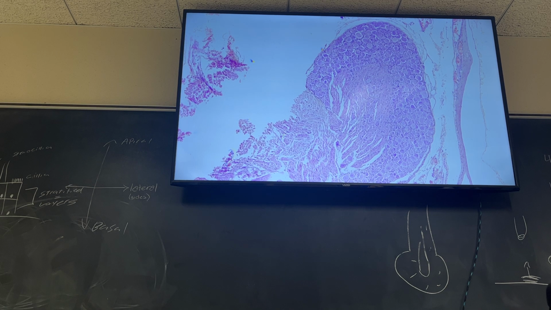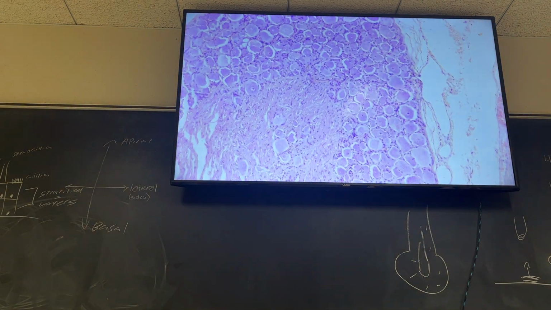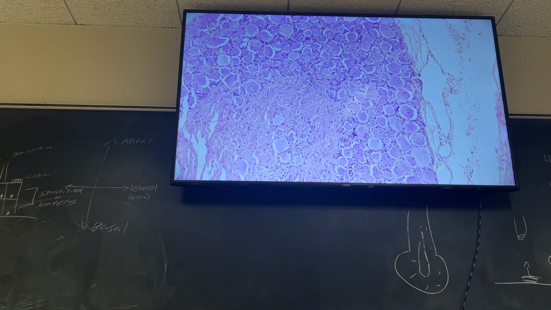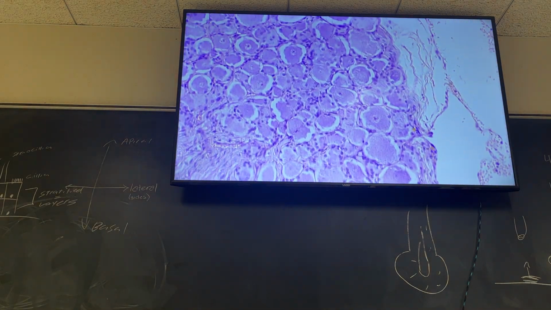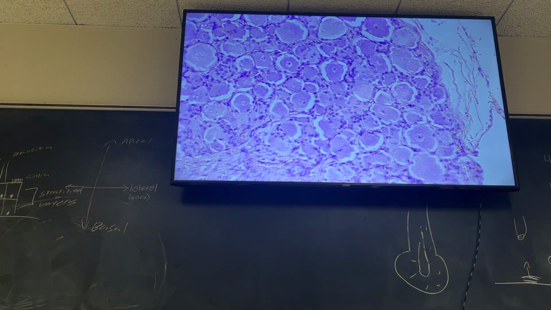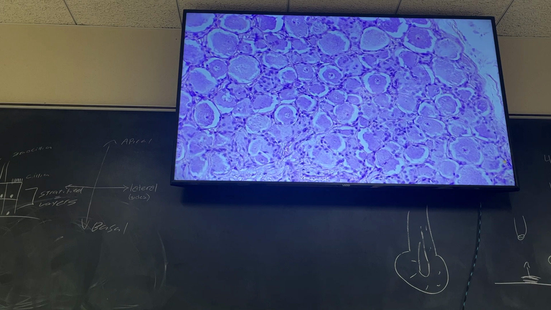But what I'm going to look at now is this dorsal root ganglion a little closer. Notice it's got a very distinctive look to it. Very distinctive look to it. And if I zoom in a little bit more, not too much, a little bit more. Can everybody see here